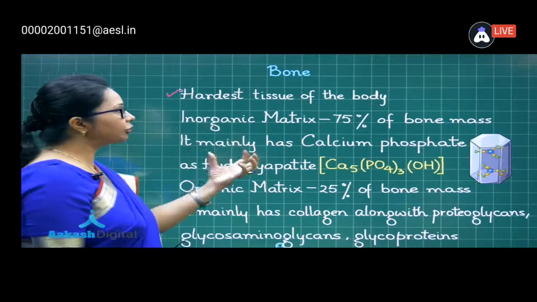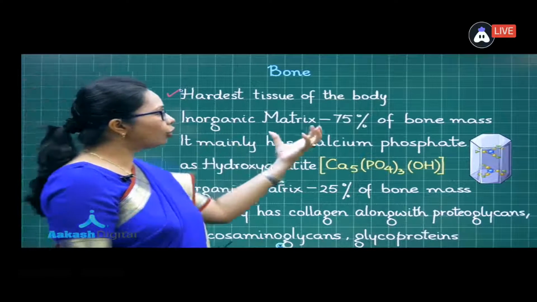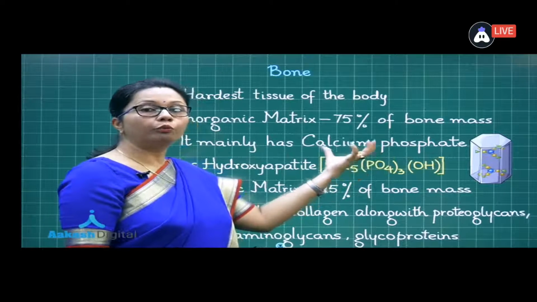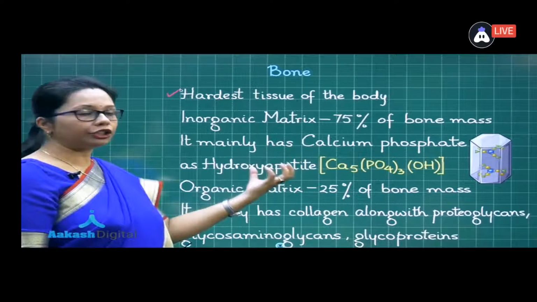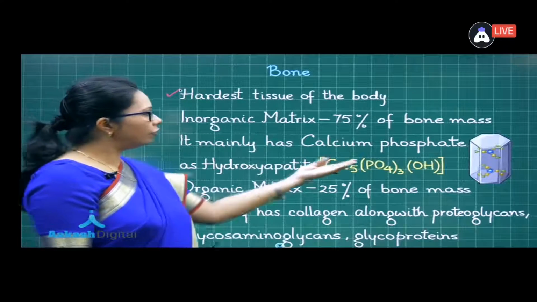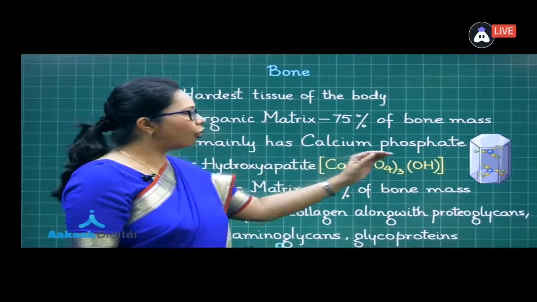75% of the bone mass is made up of inorganic substance, and the most important one there is calcium phosphate, which is why it is called bone salt. And this calcium phosphate, along with calcium hydroxide, is present as hydroxyapatite with this complex formula,